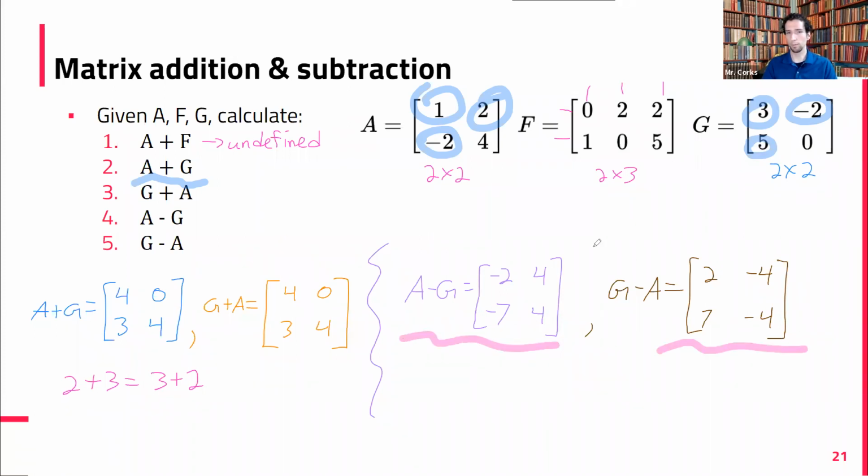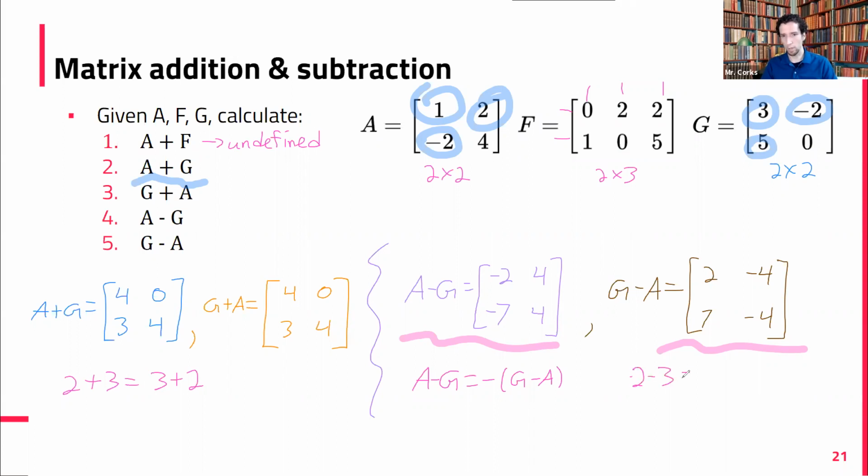About this one and this one? They're the inverse, opposite of each other. So yeah, they're the same thing except all the signs have been flipped. So A minus G is equal to -G minus A. So just flip the signs and then you'll get the same thing. So that should not be surprising.